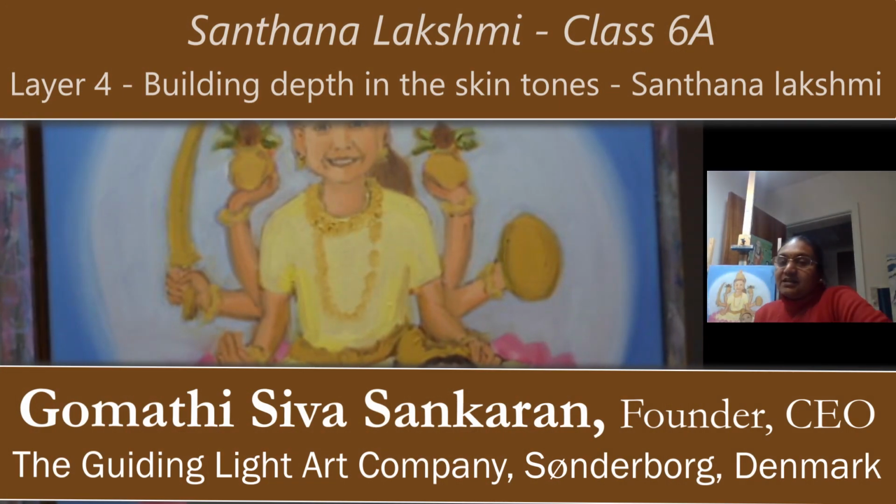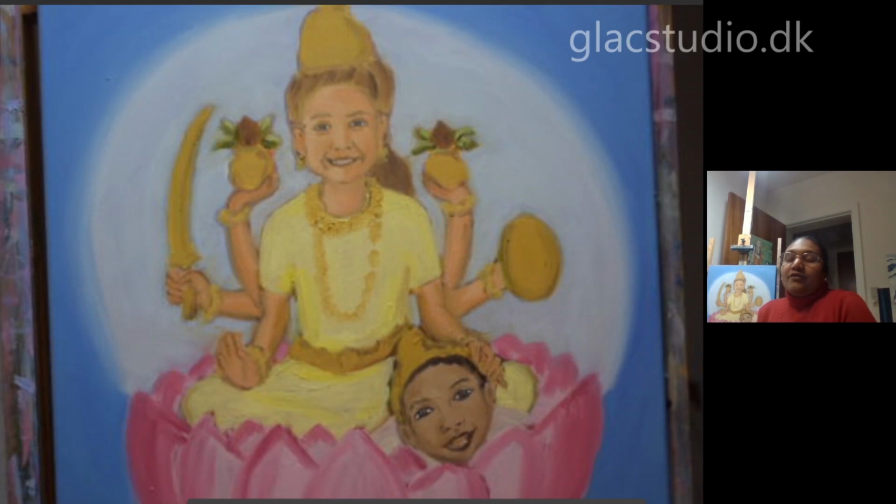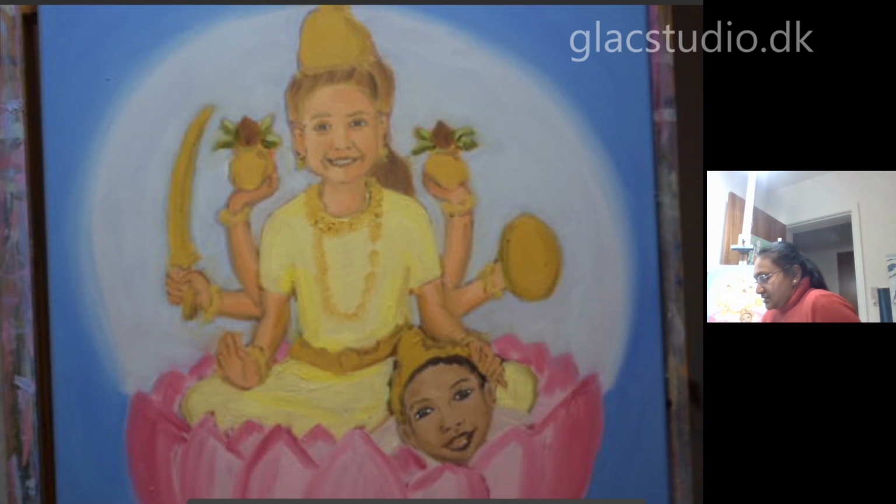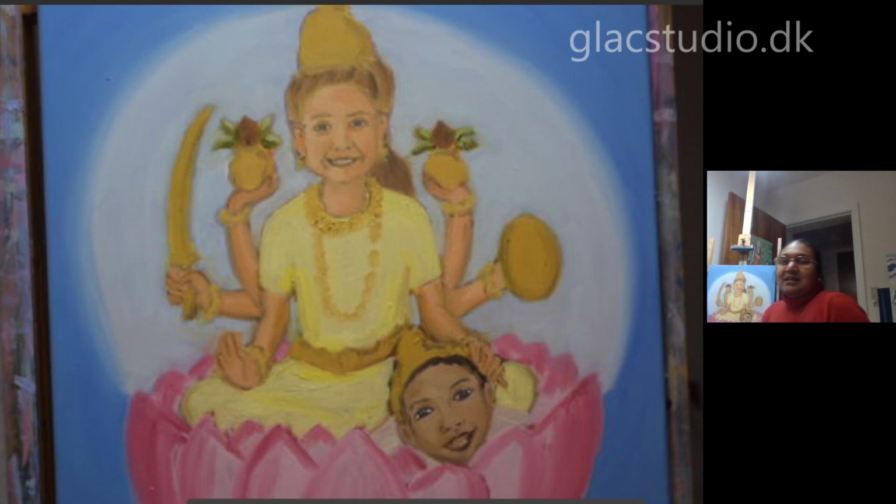I'm Gomati Sivasankaran. We are in class 6 of Santhana Lakshmi painting. It's one of the 8 forms of Lakshmi avatars that are known for all the positive propensities of life. Santhana refers to children, progeny. So this is the goddess of progeny. All the wealth in terms of family and friends and such relationships basically. So this is the goddess that is providing us with all that, and we are also celebrating her